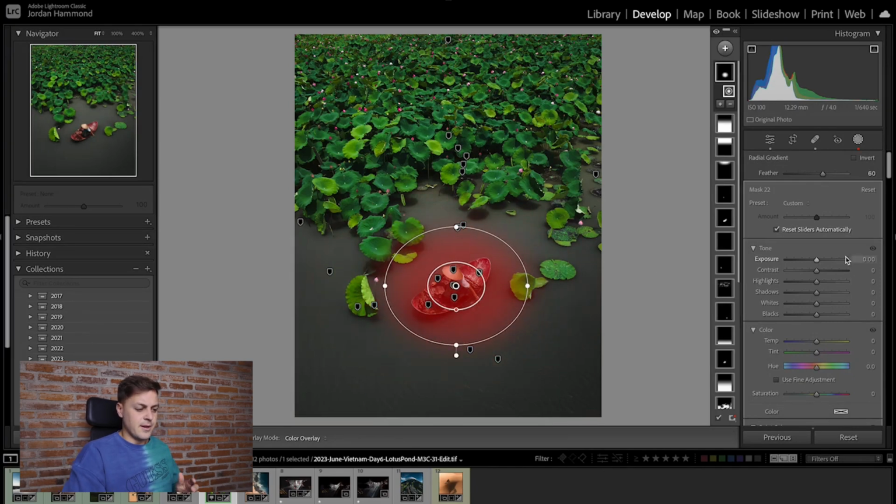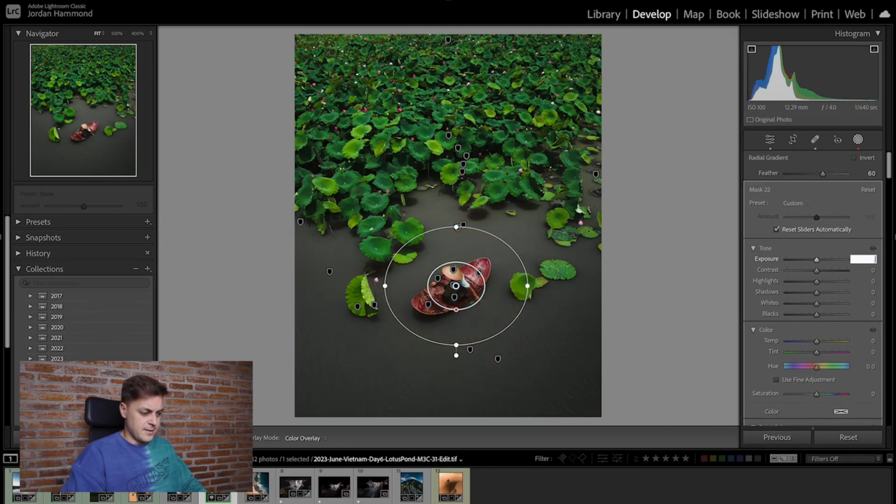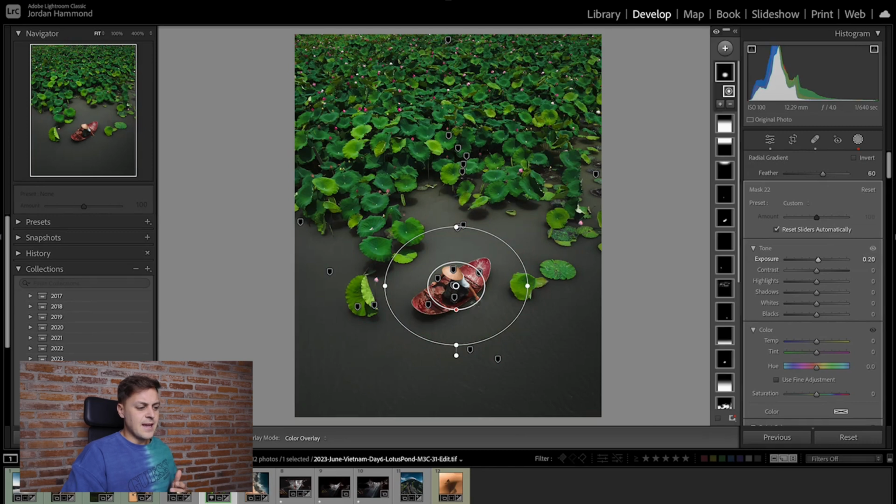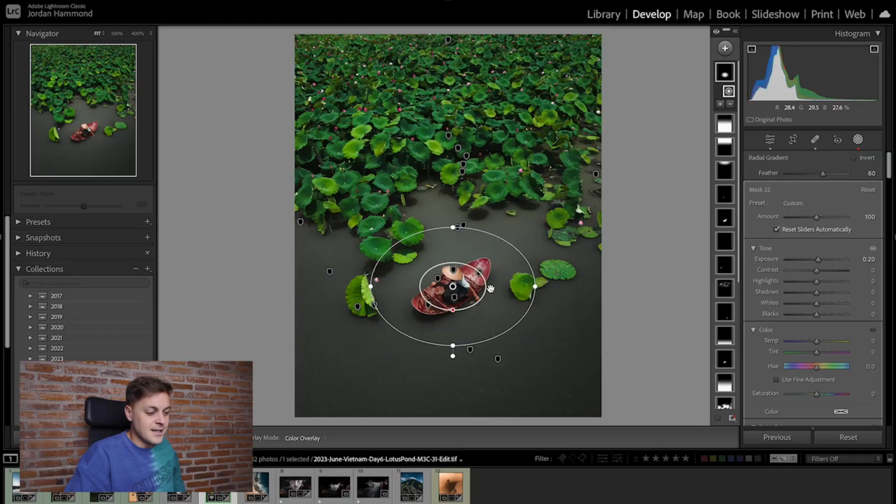Okay, now if we press O to get rid of the overlay, we're going to take the exposure up, let's say to 0.2. Okay, great. So we've now highlighted the subject and the water surrounding him, but I just want to increase the exposure in the water to try and highlight that slightly more darker and contrasty subject. So to do so,